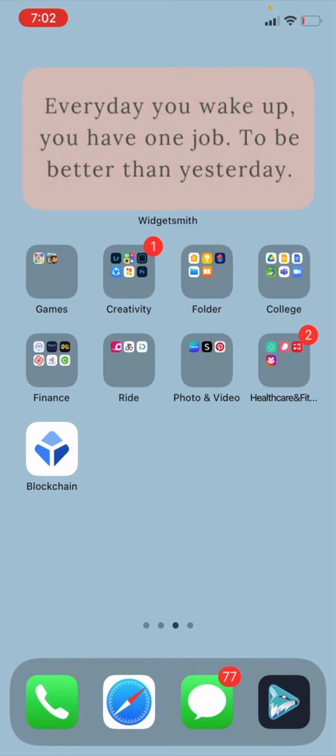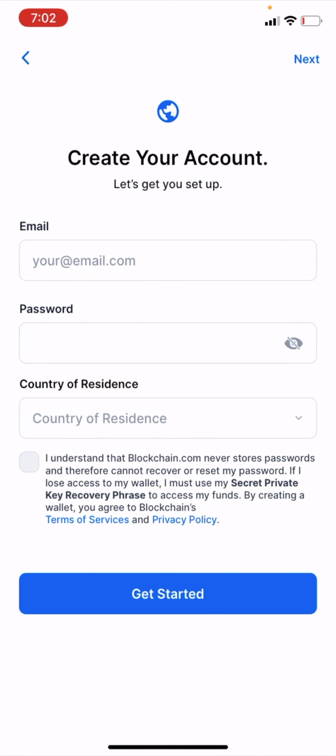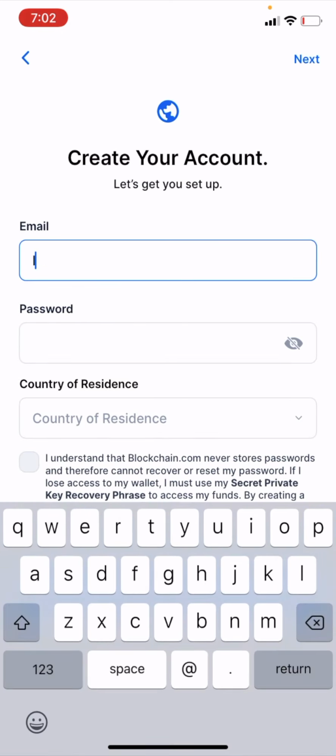To create an account, first you need to download the blockchain app. You can download it through Google Play or App Store. After downloading the app, open up the app. Here you can see an option called Create an Account. Click on that. Type in your email